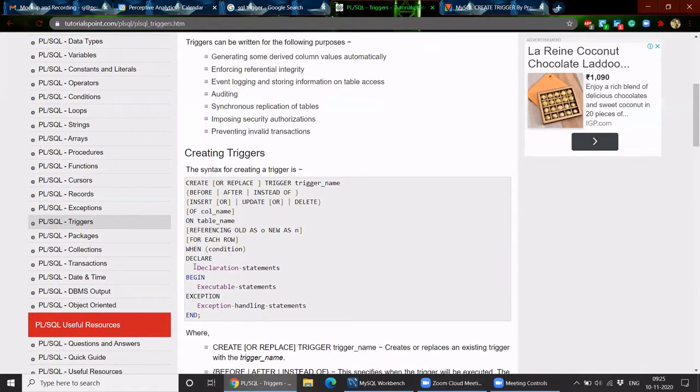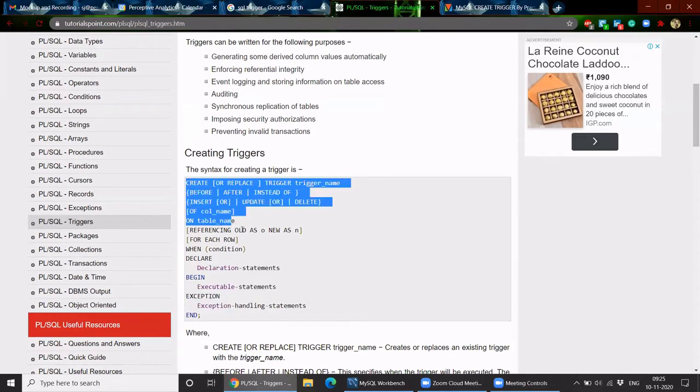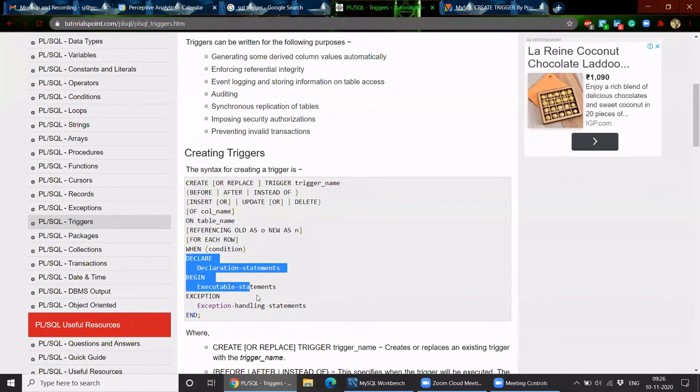So basically, let's say if the value is 20, there's another column and you want to add a value to that. So you can put that condition here. Once a new value comes, it would check that value and it can do it here. If you are creating your condition till this part, it's just calling a trigger and just storing the old and new values. If you want to do something else based on the value, you can just declare it here with a when condition, and it would perform.